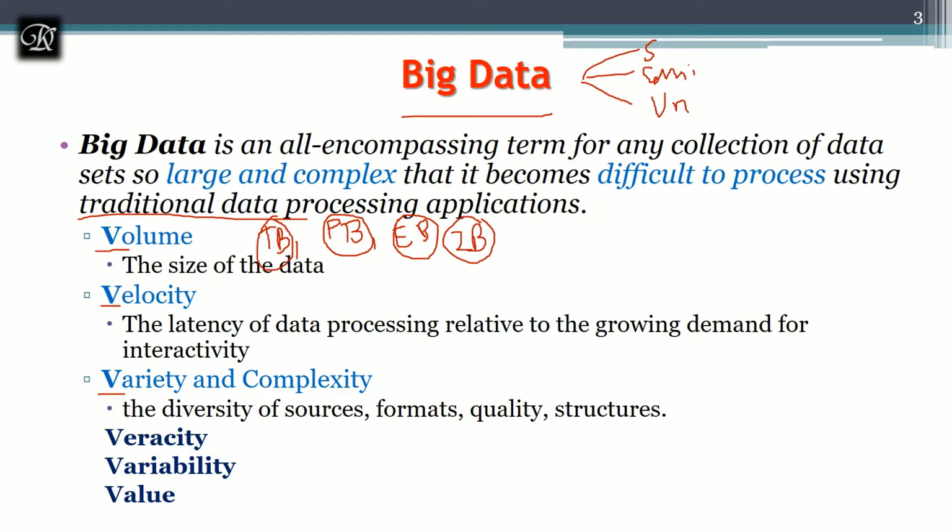Next is variety. Data is not generated from only one source. I took the example of videos from YouTubers, who use one format or another, might be MP4, FLV or MPEG, any formats. But those formats are not limited; they can go on based on the application they use. It is not only YouTube. We are not only in the world of YouTube. We are in the world of all the data.